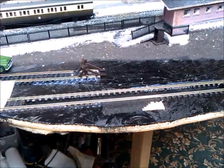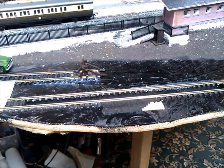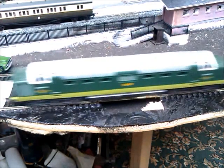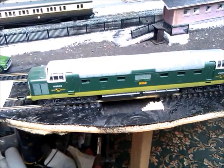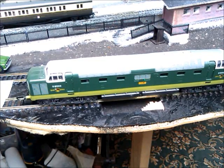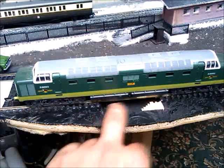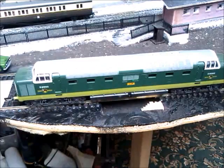just going to bring it in. There we have it. There's a nice little maintenance area for locos to come into. I think it looks quite good, the nice hole underneath and so on. So yeah,